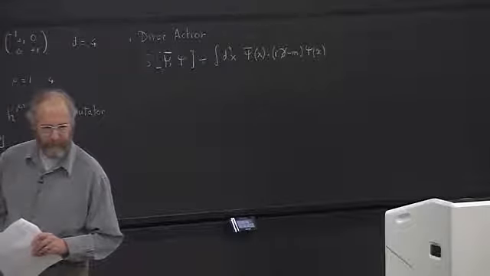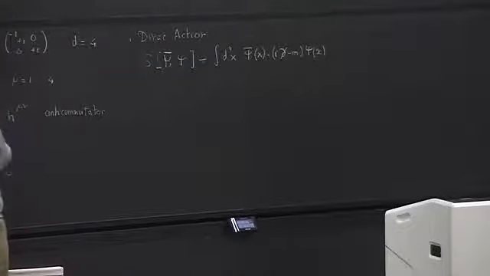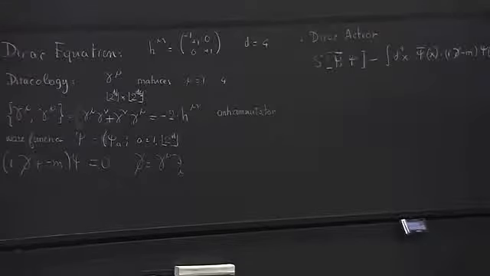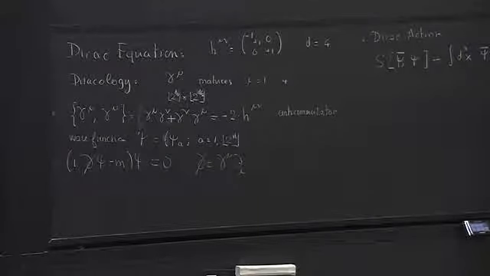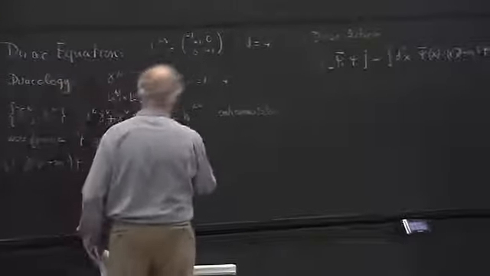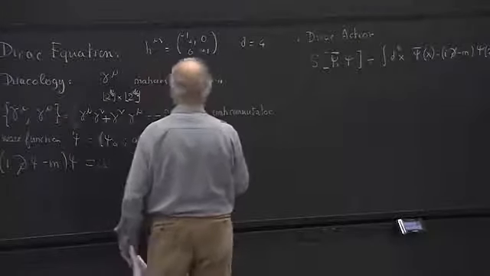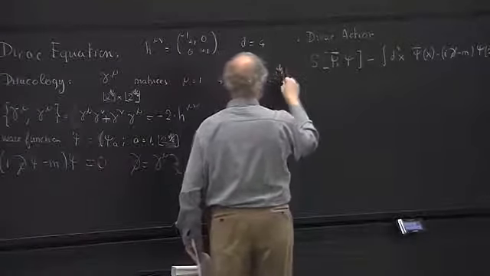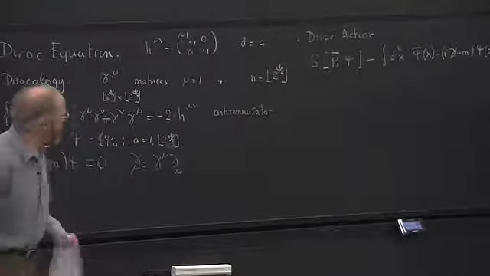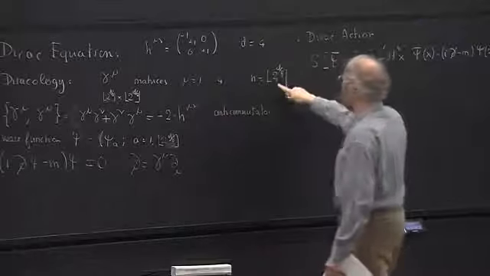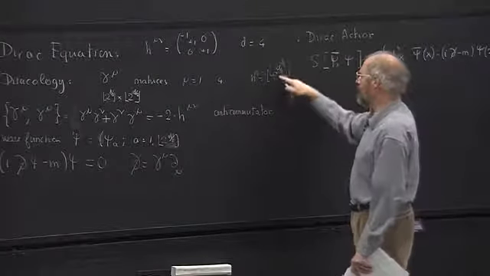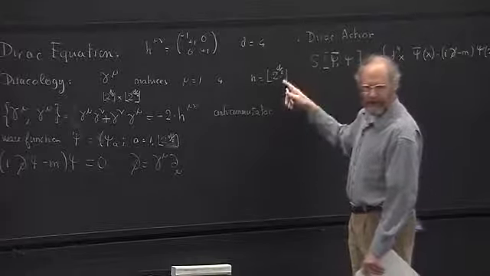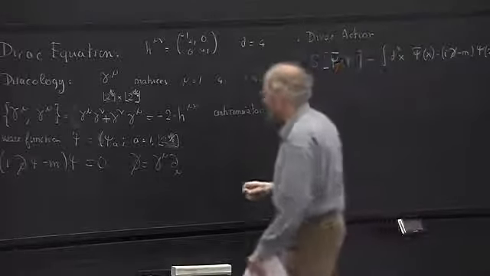Okay, well, yes? Pardon? Oh, it's d over 2. I'm sorry. The components of psi, 2 to the d over 2. I'm sorry, this is n, let us say, n. So of course, in 4 dimensions, this gives 2 to the power 2, which is 4, which is the result. In d equals 3, this is 2. And for d equals 2, this is 2. I'm sorry. Okay.